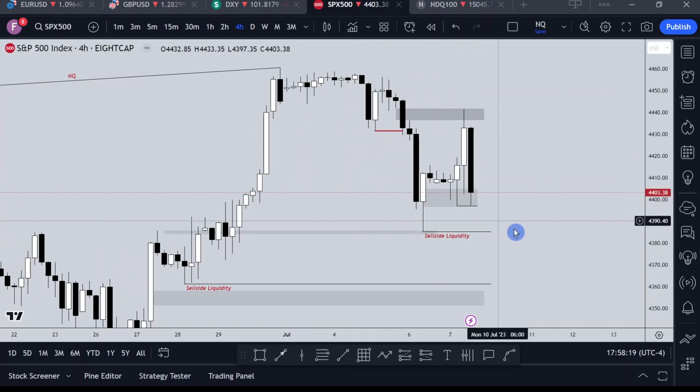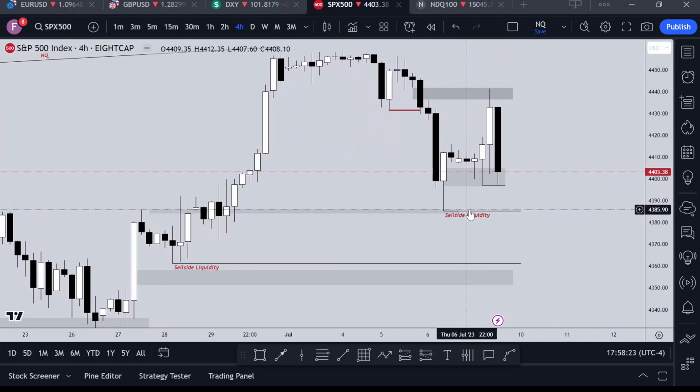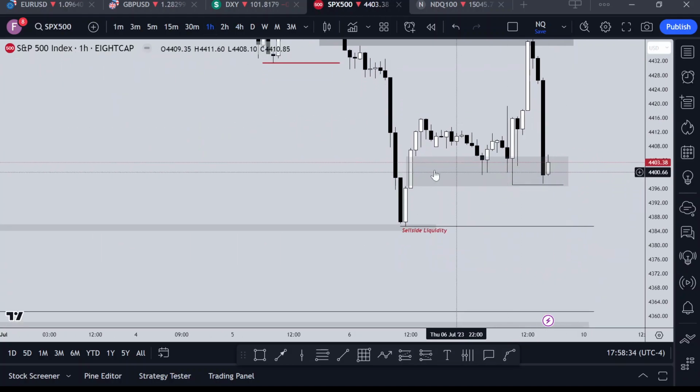If I'm bearish on these two assets, where will be my target? There is this sell side liquidity here, and there is this sell side liquidity here. Now let's work it down to the 1 hour. Working it down to the 1 hour, there is this